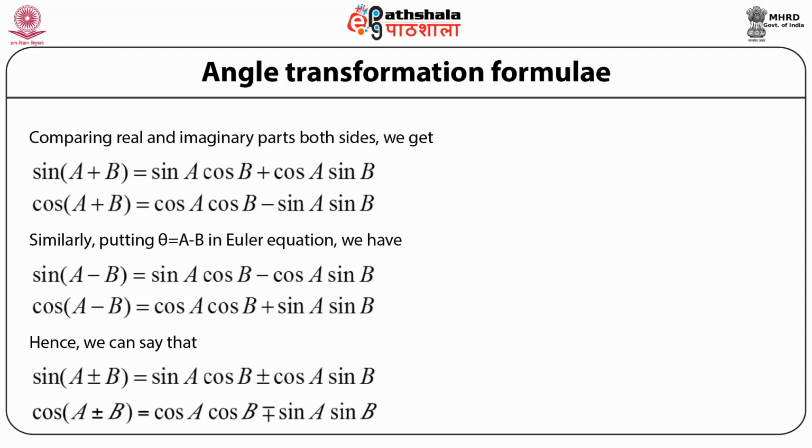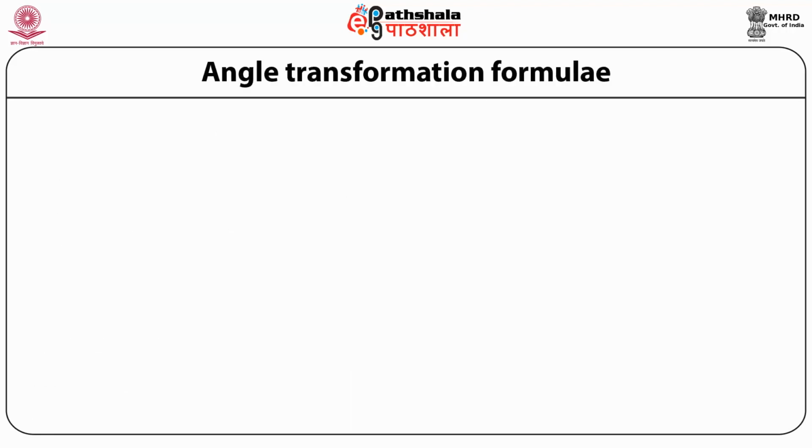So if it was cos of A plus B, then these two terms are subtracted: cos A cos B minus sin A sin B. If it was cos of A minus B, then it is completely different. Then it's cos A cos B plus sin A sin B. Continuing the angle transformation formula, tan of A plus or minus B is equal to tan A plus or minus